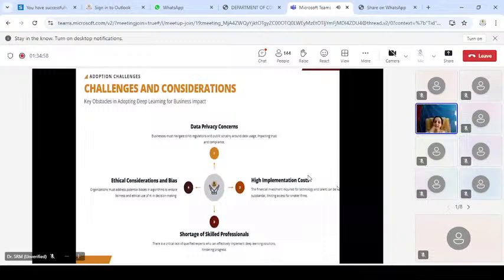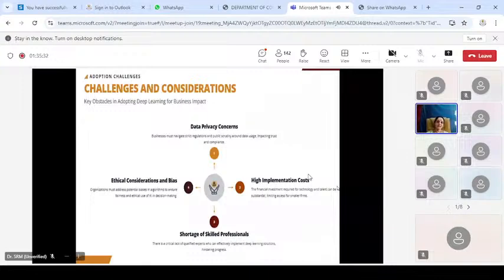Now, this incident highlighted the importance of safeguarding user privacy and also adhering to data protection regulations, something like GDPR, General Data Protection Regulation in the European Union. And then we have the California Consumer Privacy Act, CCPA, in the United States. So companies must implement strong data protection measures such as data anonymization and secure storage. Then only can they build and maintain user trust.